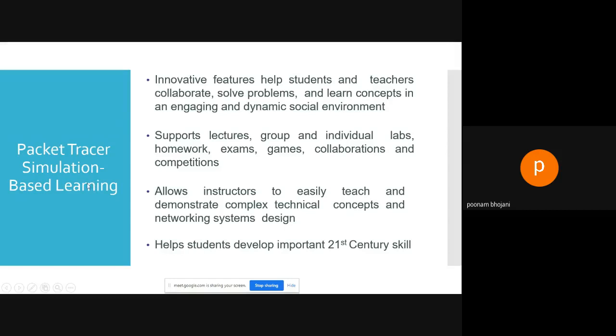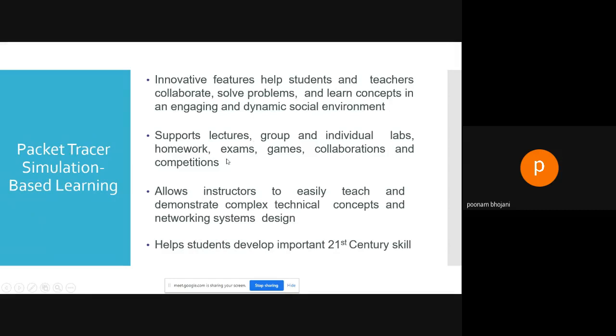We cannot teach you practically how a network will be formed and used to transfer data. But if we use this type of tool, it will be easy for us to tell you that this is the way the network is working. It supports the lectures, group and individual labs, homework, exams, games, collaborations, and competition.